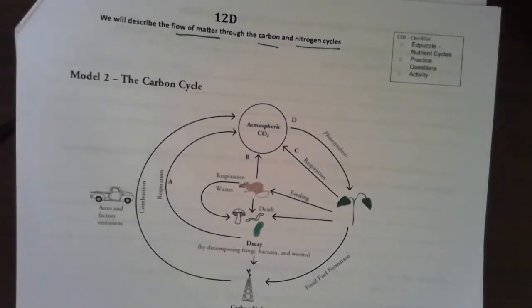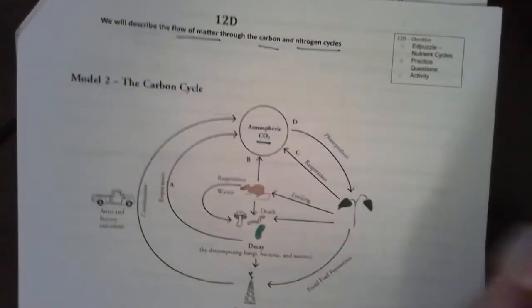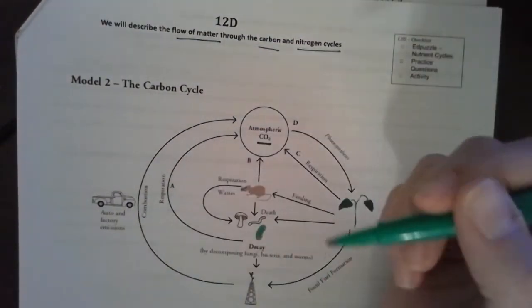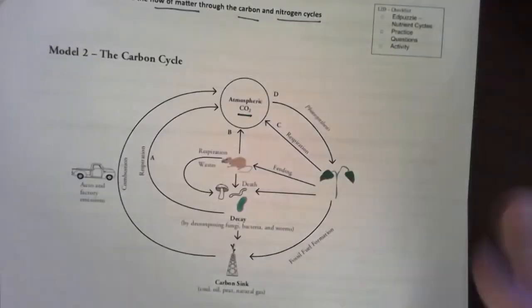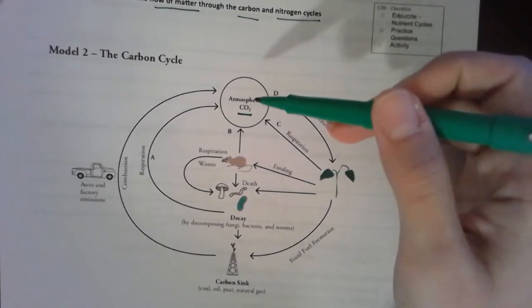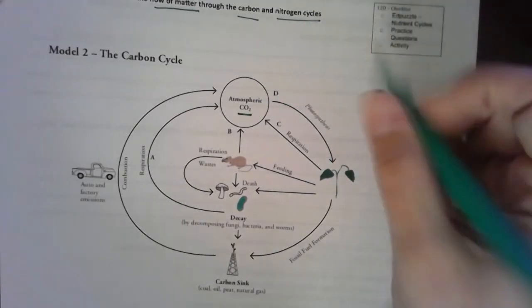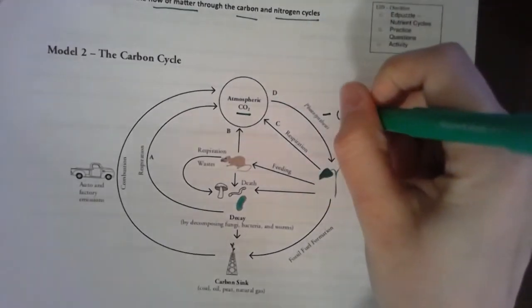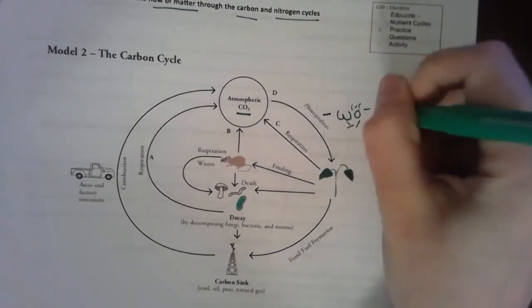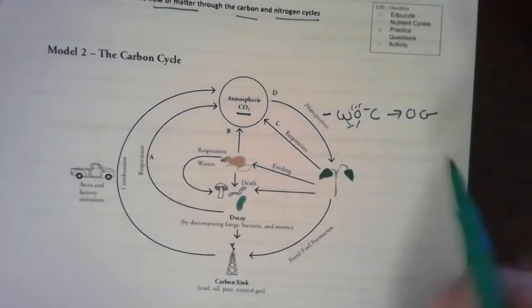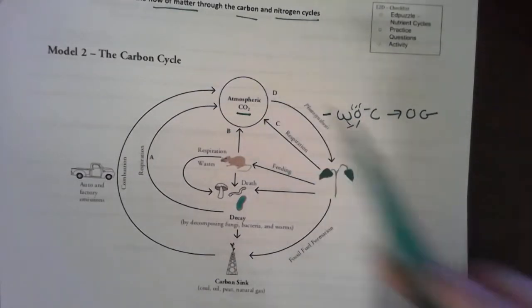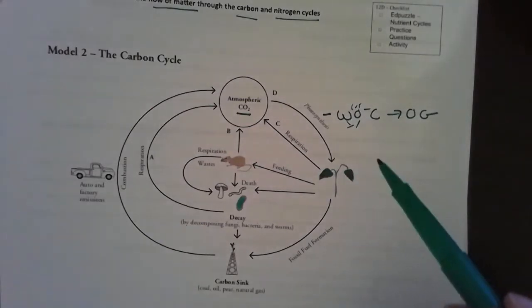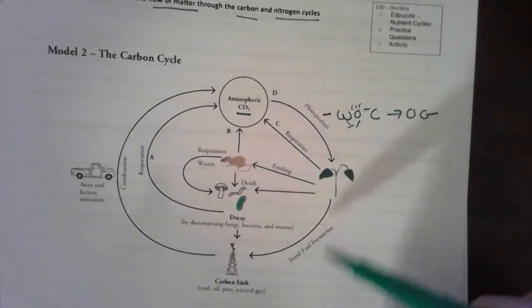Right now we know that there is a lot of carbon in the atmosphere, and it's in the form of carbon dioxide. I'm going to walk you through this cycle because it looks a little overwhelming. We have carbon dioxide in the air. It is taken in by a plant through photosynthesis. Photo what? That is WOG. Remember, water, sunlight, and this is carbon dioxide, and the plant takes it in